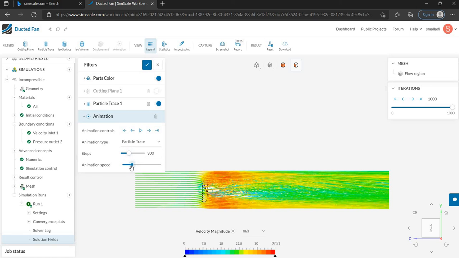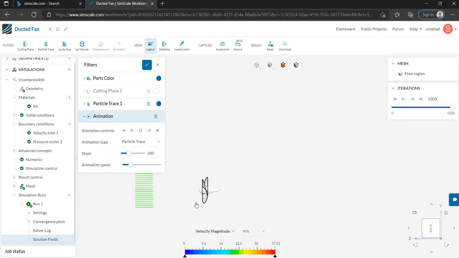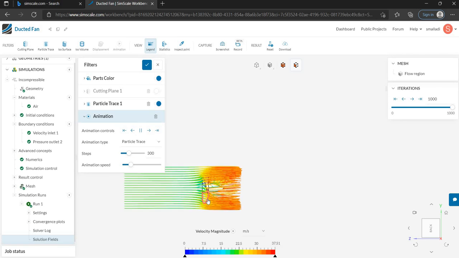To add animation, go to animation, select particle trace,